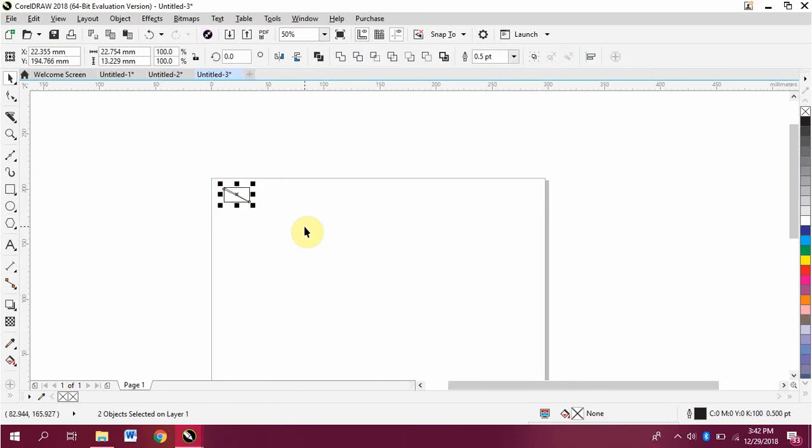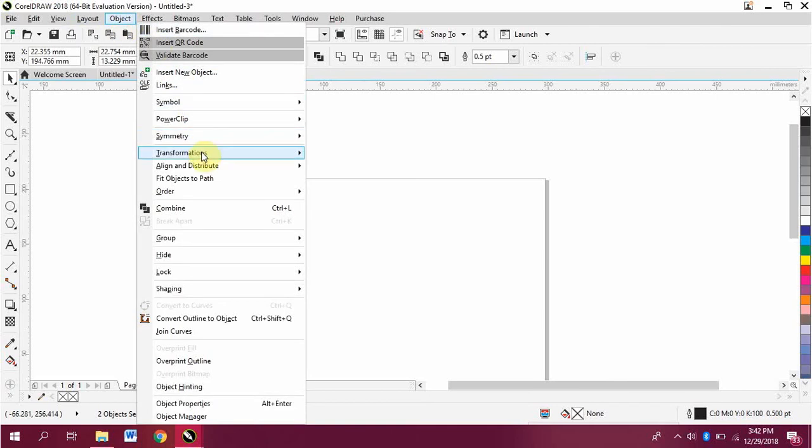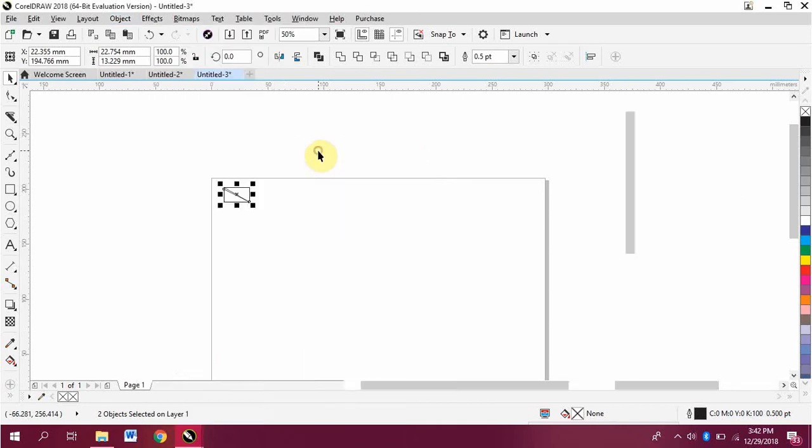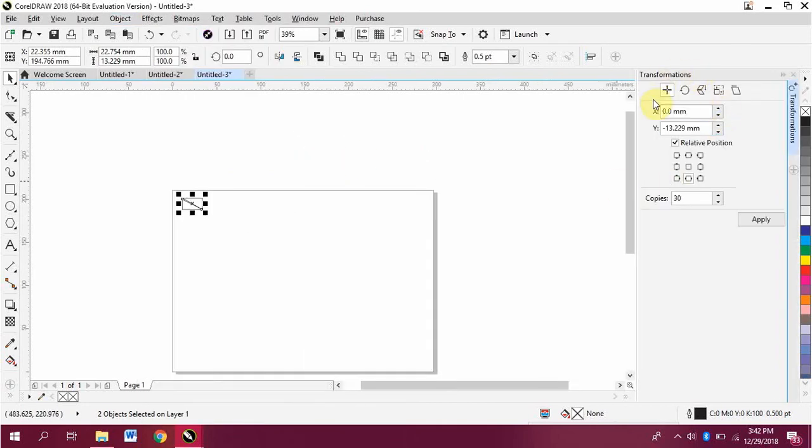We should multiply our dispersion tool to make it cover all of our object. The first step is click the Object menu, select Transformations, then select Position. Or for the shortcut, you can type Alt plus F7 to open the Transformations box.